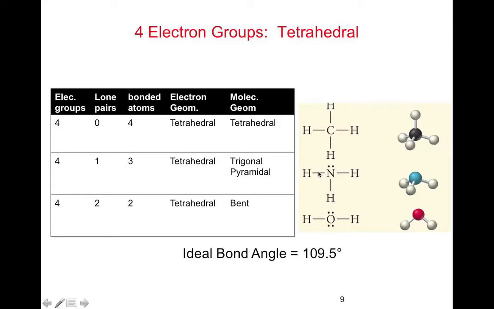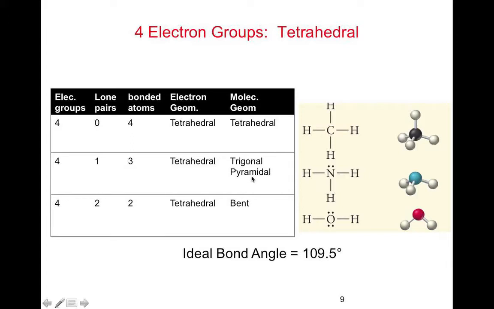In the case of ammonia, I still have 4 electron groups: 1, 2, 3 bonded atoms plus 1 lone pair. So I've got 4 electron groups, so the electron geometry is still tetrahedral. But now because I have 1 lone pair, the molecular geometry, or the shape, is no longer tetrahedral. In this case, we call it trigonal pyramidal, right? Because the atoms kind of make a pyramid, and it's a 3-sided pyramid, so hence the trigonal